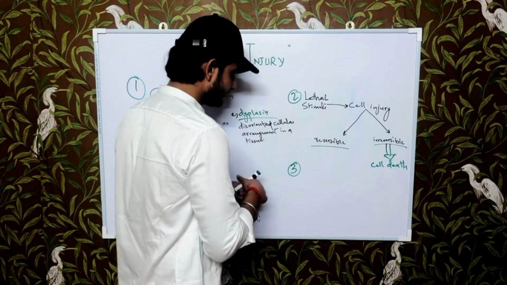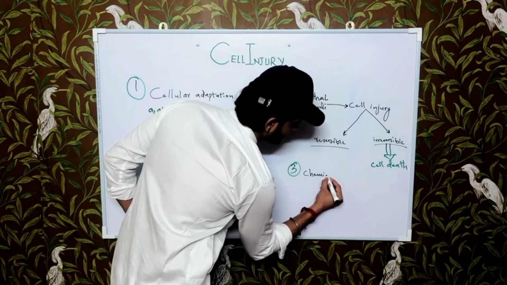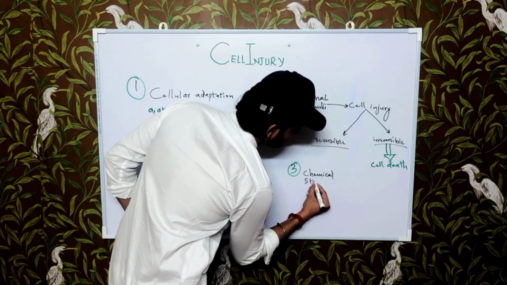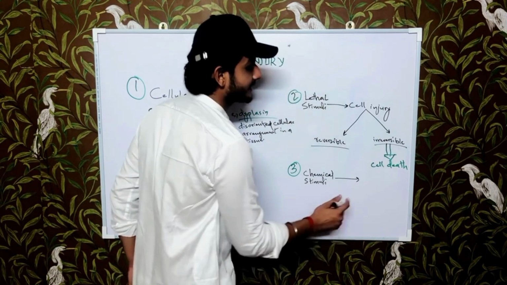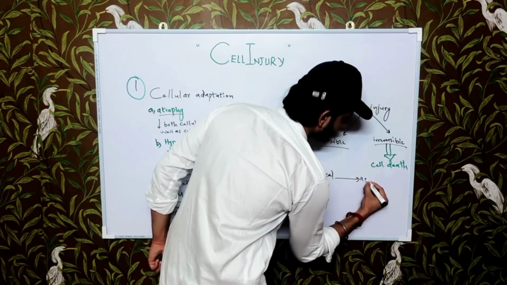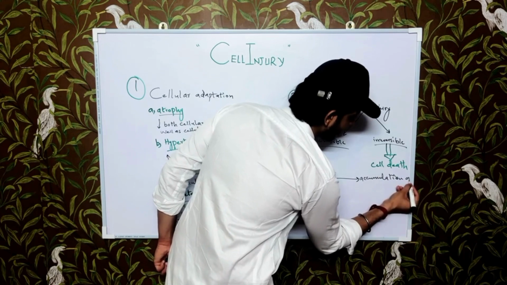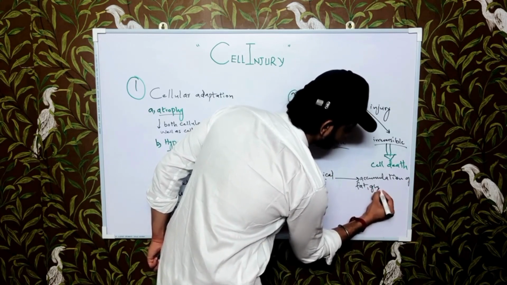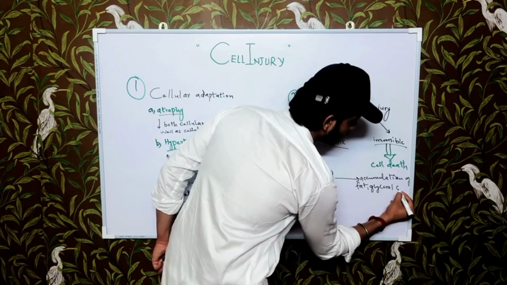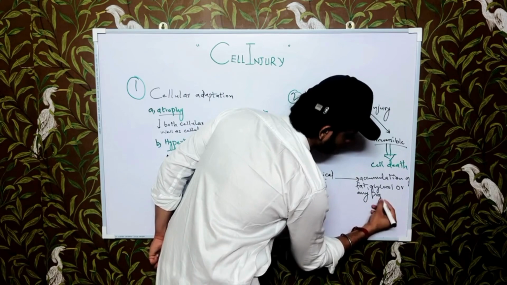So due to the chemical stimuli, the cell responds by accumulation of certain substances, which includes fat, glycerol, or any pigment. Okay,